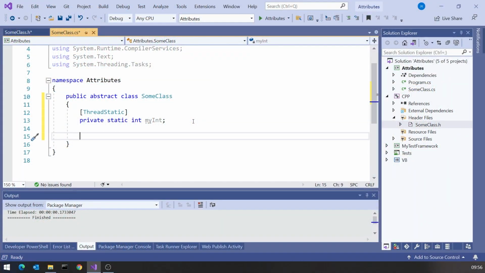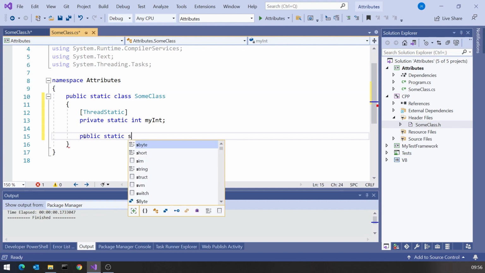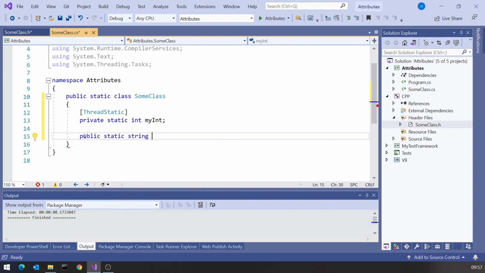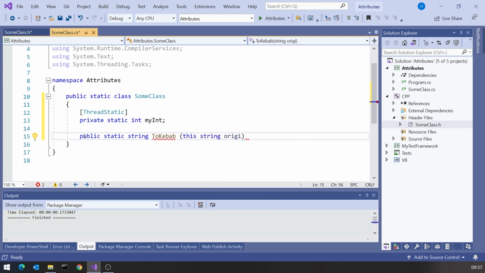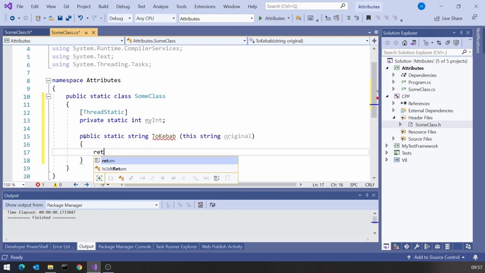It can work the other way as well. So here's another example. Something we looked at in an earlier video, and I'll pop up a link to that, was the idea of extension methods. And the way we can do that in C# has to be in a static class, and then we could have a public static string, let's say, and the example we had in that earlier video was converting to kebab case. Doesn't matter about the details of that, but remember the way we did this in C#. We say this string original, and then just to keep it happy, won't put any actual functionality in there, but we'll just return a blank string.